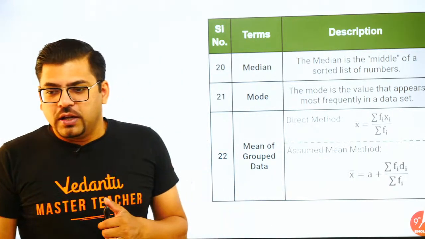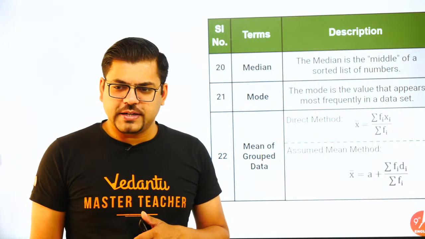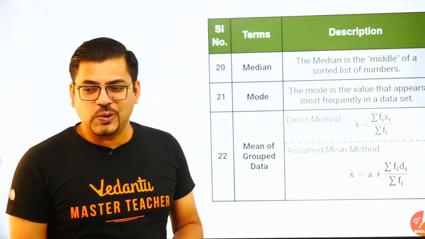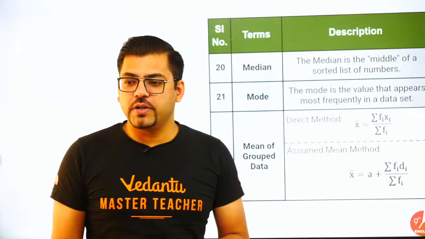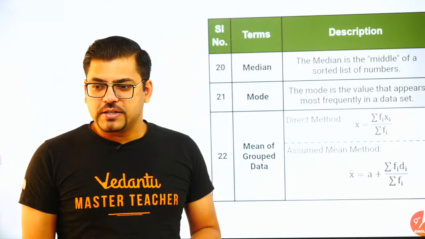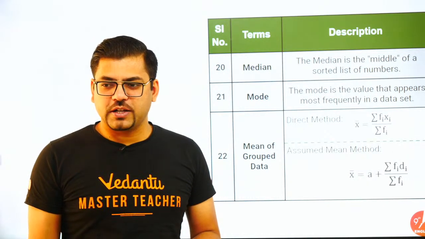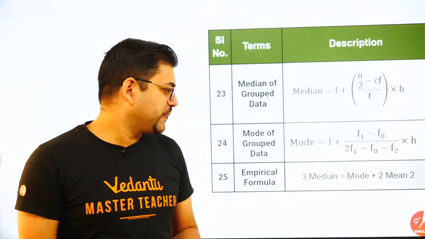Okay, hi Mansi, 3 median equals mode plus 2 mean. Yes, that is also right, Padma. So we'll come to that also. What is individual series? Other than that, I don't get it. Sir, react to your old videos please. Did not get it, Atharv. What do you want to say?